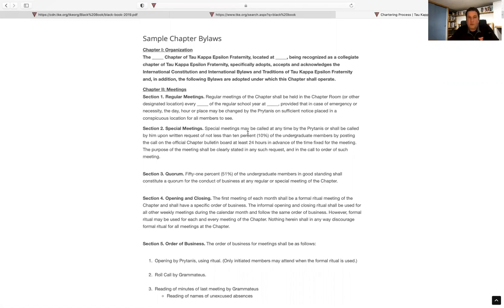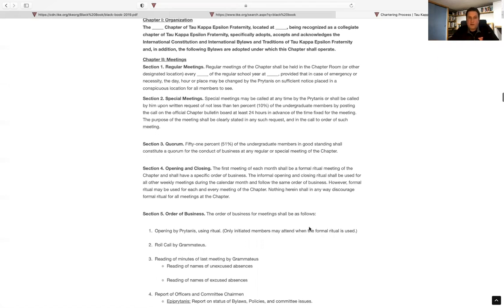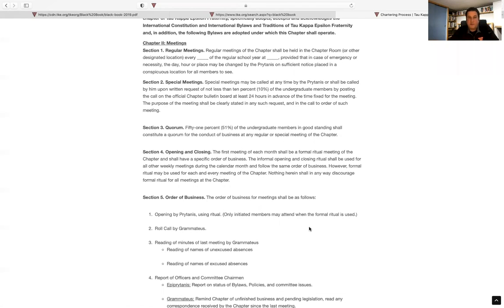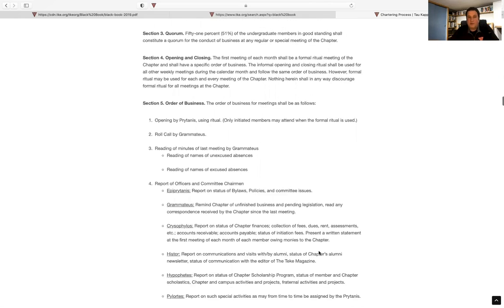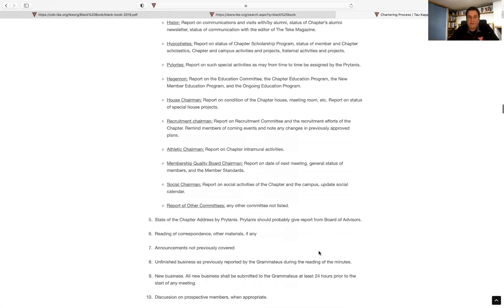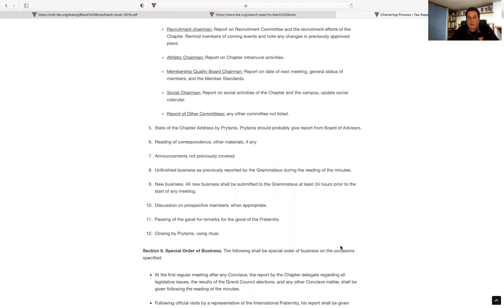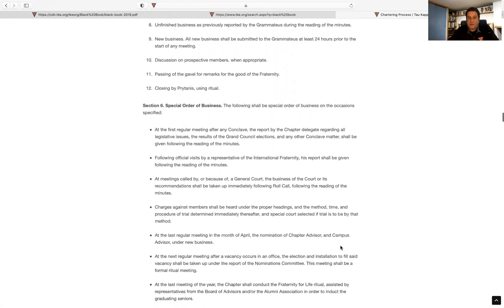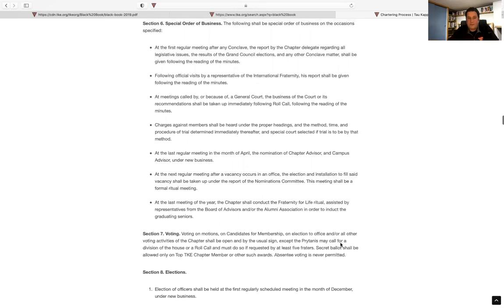What you want to do with chapter bylaws is be fairly generic. What you're doing when you create a new set of bylaws is you're producing a document that might be in your chapter for the next decade. So you want members to not be restricted by your bylaws. You want them to be empowered by your bylaws. You want to create, in a lot of ways, like a set of bumpers and a set of parameters that the chapter will operate within.